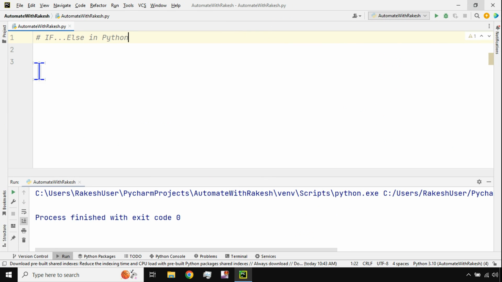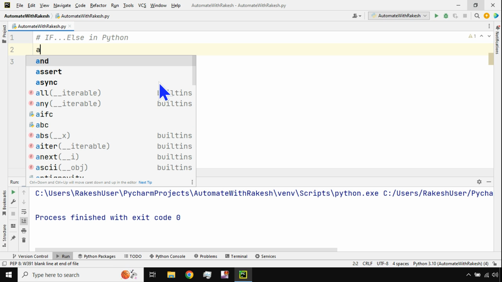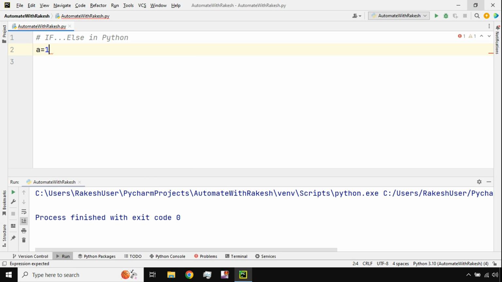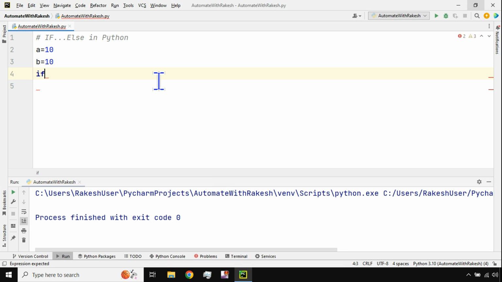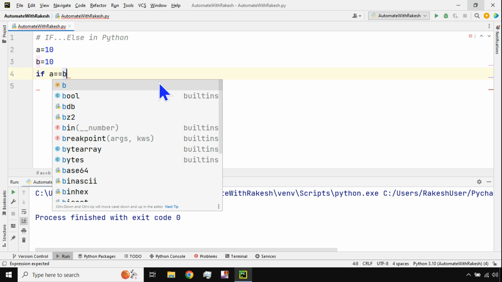Let's get started. Okay, let's understand if else in Python. First of all, to understand this, we'll create two variables. Let's say I'm going to assign a is equal to 10, and b is equal to 10. So there are two different variables with the same value. Now if I have to write an if condition, I'll say if, and everything will be written in lowercase. If a equals to b, do you write a single equals to b or double equals to b in Python? So it will be double equals to b